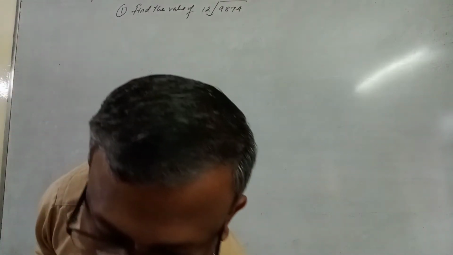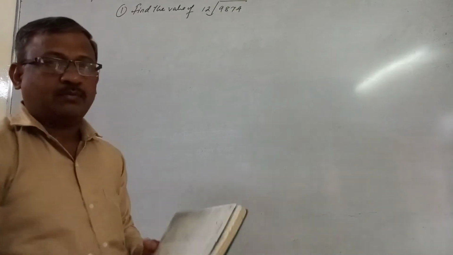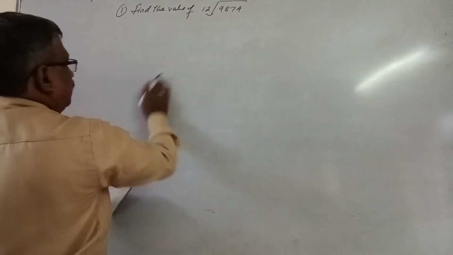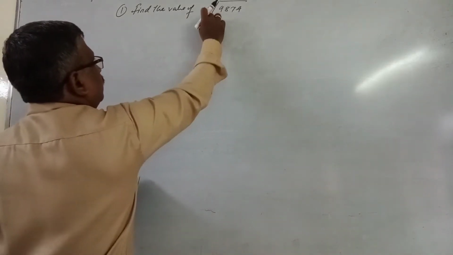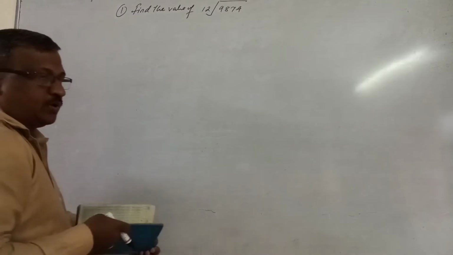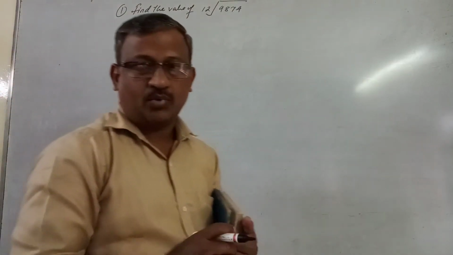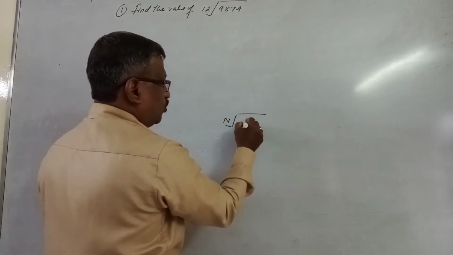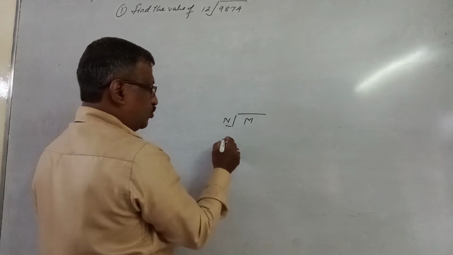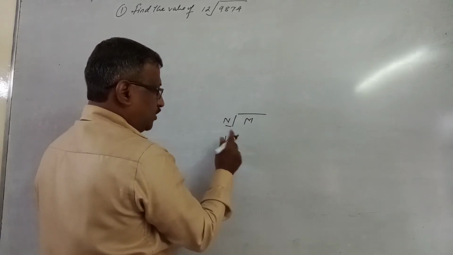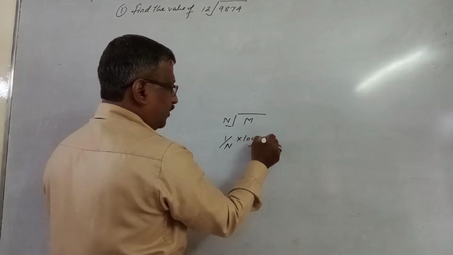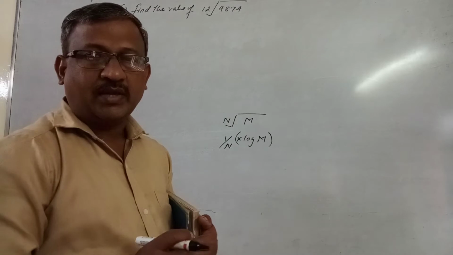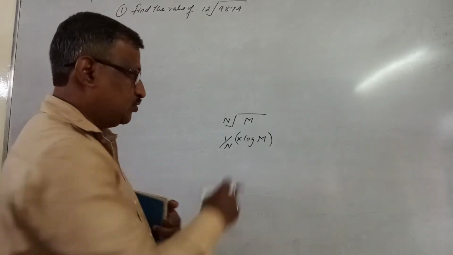So how to calculate the root? By using the logarithm. Whenever you use a log, first we have to cancel the 12th root, and to cancel the 12th root we have to take its reciprocal, which I have given in the rule. What is the rule I had given? If it is the nth root of m, first we cancel the nth root, so it is taken as its reciprocal: 1 by n into the log of m. When you want to cancel the nth root, we have to write it in its reciprocal form. This rule you have to apply here.